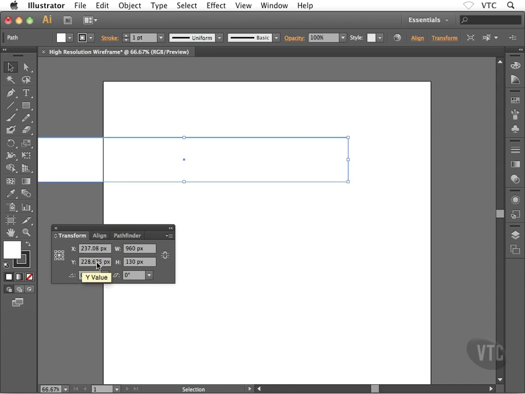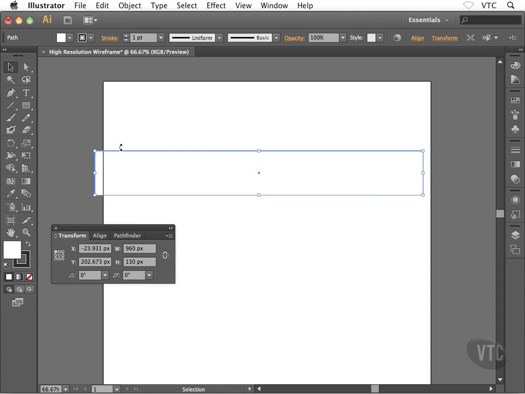So check this out. I'm going to click on the top left corner for this little reference area. And now the X and Y values are basically displaying the relationship between the top left corner of the object and the top left corner of the page. So in other words, if I set the X and Y values each to 0, then my object is going to sit way up in the top left corner of the page,